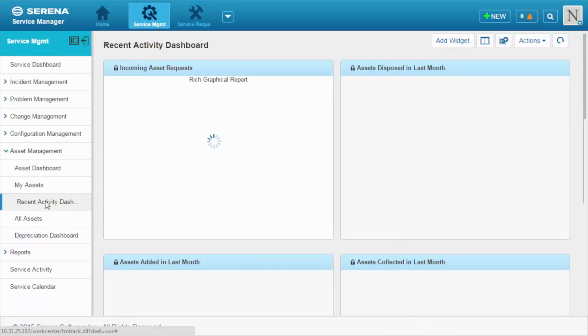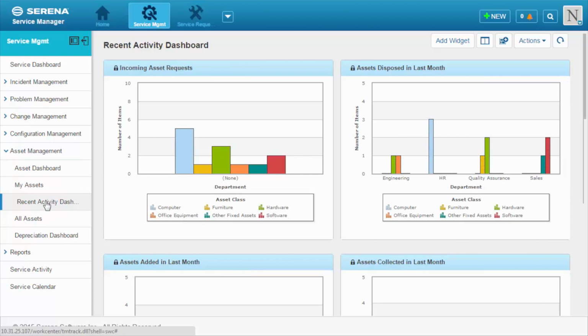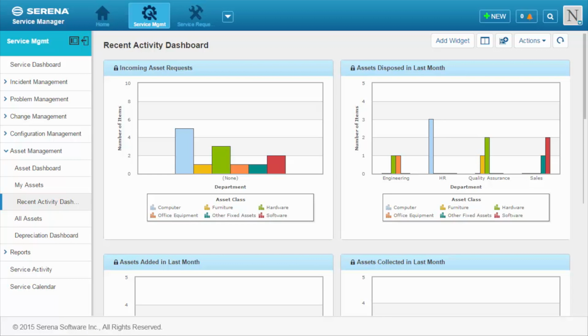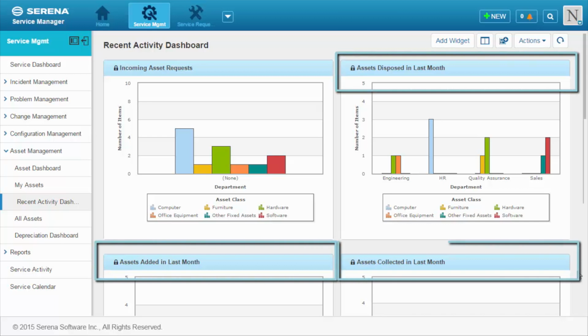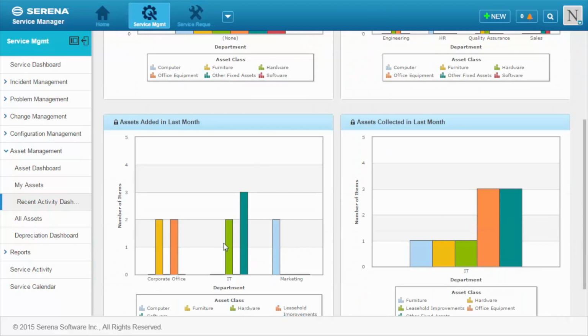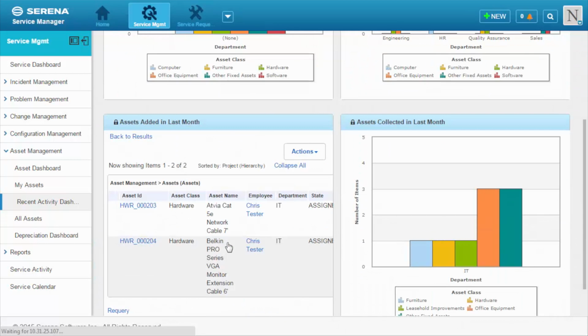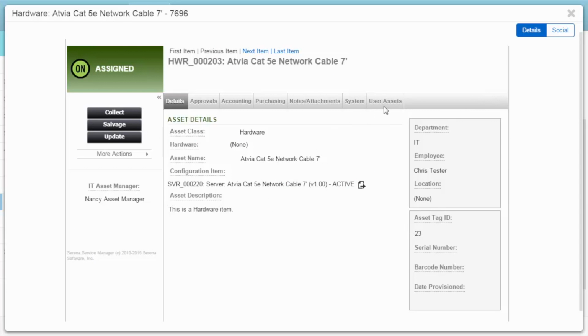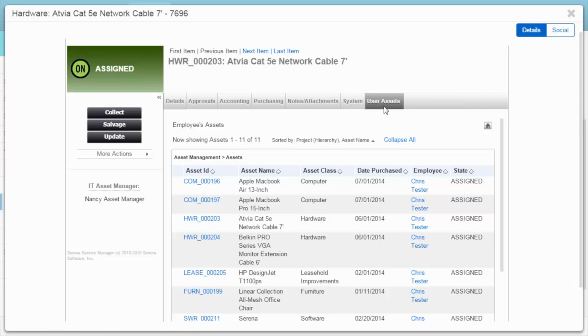Asset managers can use the Recent Activity Dashboard to see assets that have been submitted and need to be moved through the process. Other reports on this dashboard show the assets added, disposed of, or collected in the last month. Select a bar in the report to drill down to see the results. Another nice feature is the ability to see the assets currently assigned to a user. To see this information, click on any asset assigned to a user, then click the User Assets tab to see